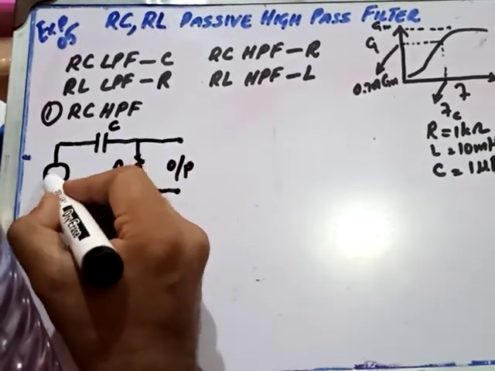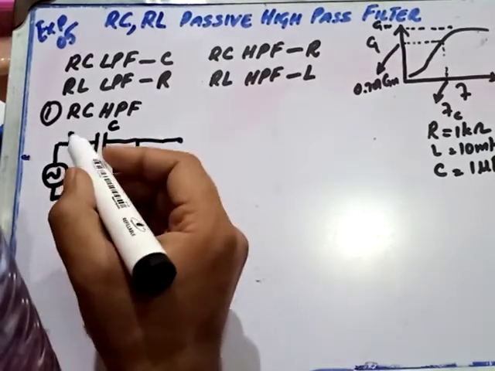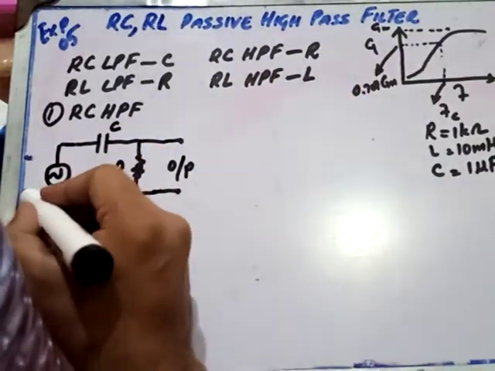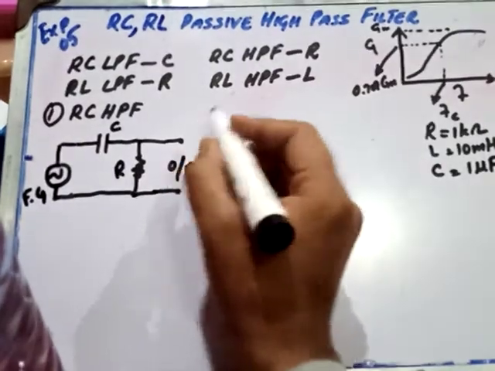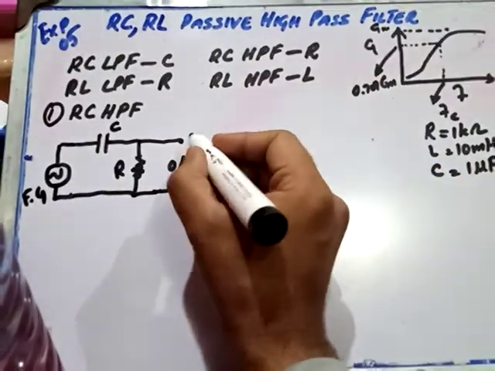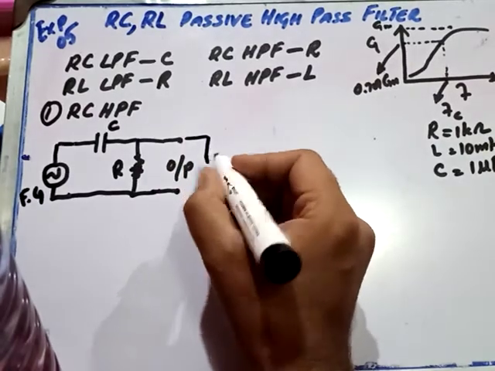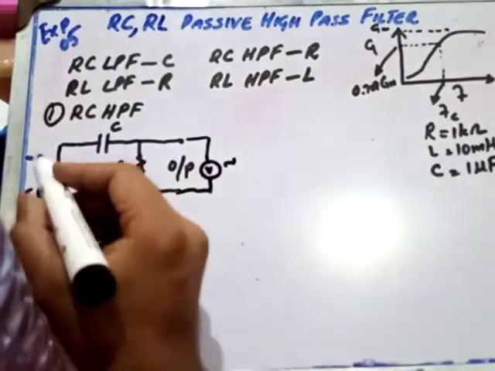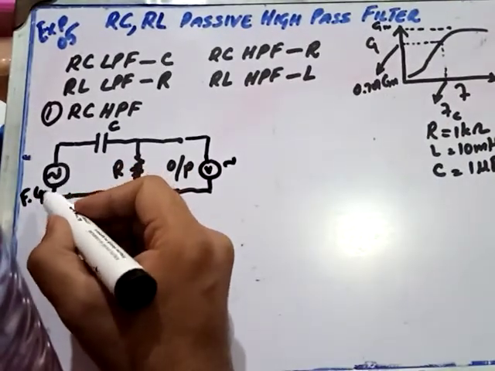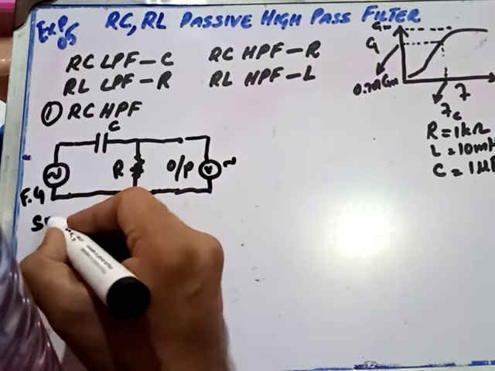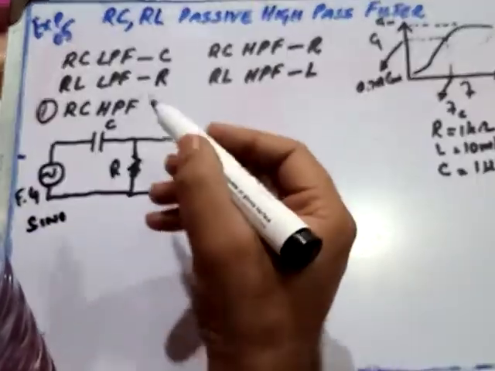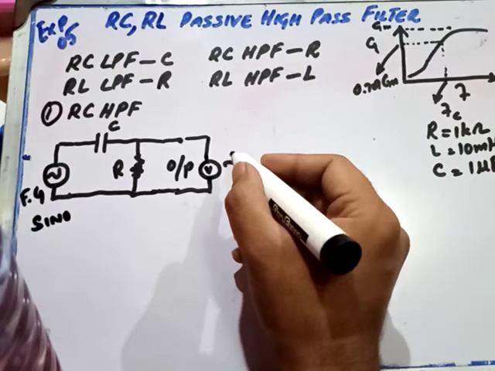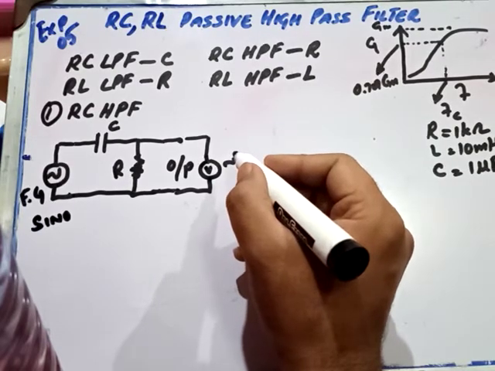We are going to apply the input using the function generator. Any fixed value of the amplitude can be selected. So this is the function generator, and in case of low pass filter we took the output making use of the voltmeter. One voltmeter was supposed to be in the alternating mode. From the function generator we will make sure this waveform is sinusoidal. Any fixed value of amplitude can be chosen, and correspondingly we will get the output across the resistor with the help of a voltmeter.